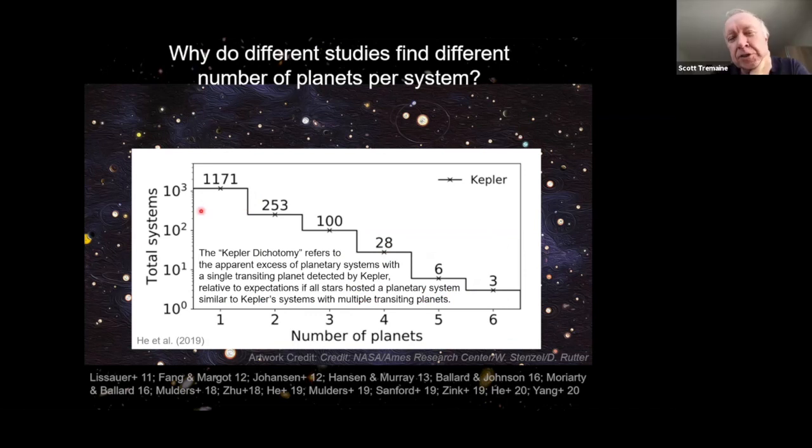So if I just say the Kepler dichotomy means that the observation is that there's a lot more stars with one planet than 2 planets, is there any content more than that? Yes, there is, because if you take all the stars you need to explain the multiple planet systems, and then you say, okay, now let me take all the remaining stars and give them 1 planet, you don't have enough stars to go around.